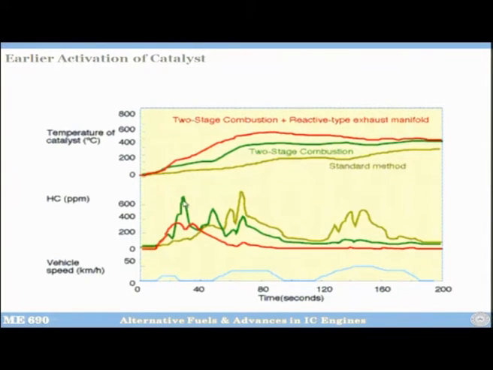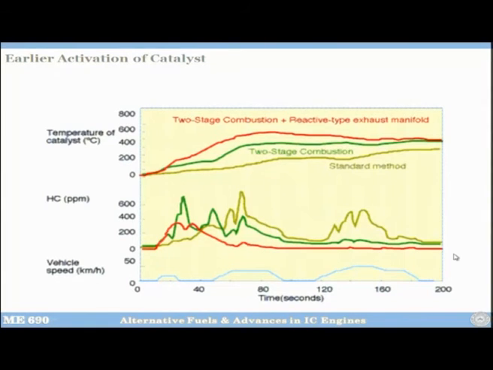So, this green line you see HC emissions are very high and it comes down here. So, around 100 seconds instead of 180 seconds, now within 100 seconds the HC emissions are controlled, right. Then what you do is you have now put reactive type manifold also, that okay, you have slowed it down and you allow a little bit extra air so that the combustion reactions are more complete. So, here you see the 250 degree centigrade temperature is obtained only in like 30 seconds. And then if you look at this, HC emissions are controlled within 40-45 seconds.